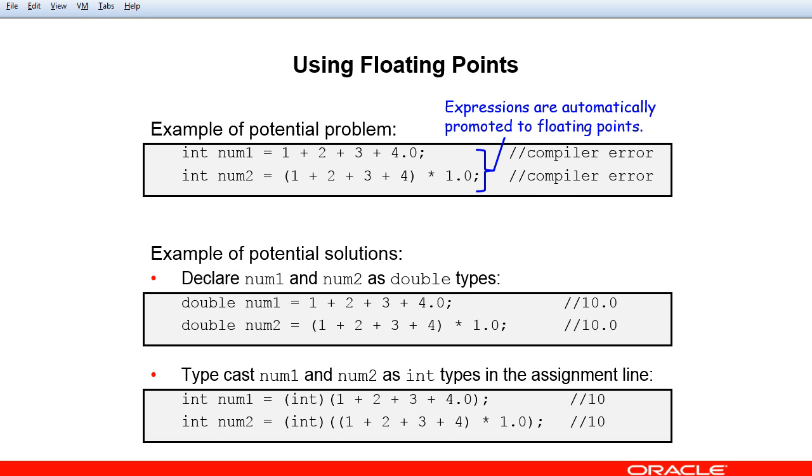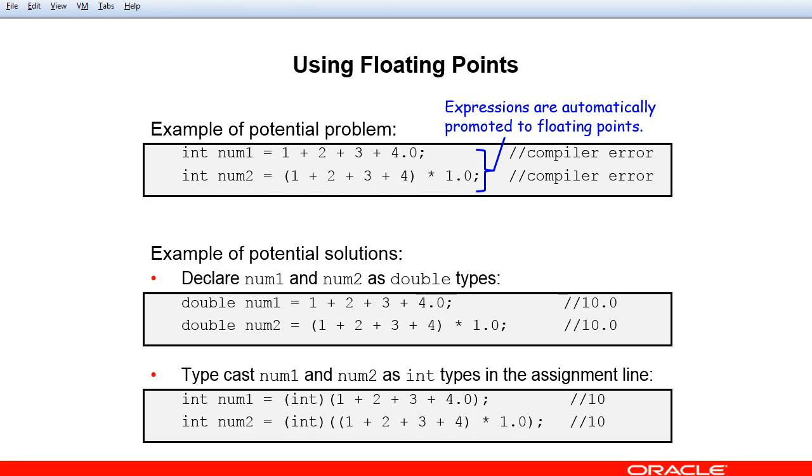The potential problem demonstrated here could cause compiler errors because we're declaring int numbers in the two lines of code, but the last number on both lines is a real number, not an int, and we know that because they both end in 0.0. There are two possible solutions here. First, you could declare num1 and num2 as double types,